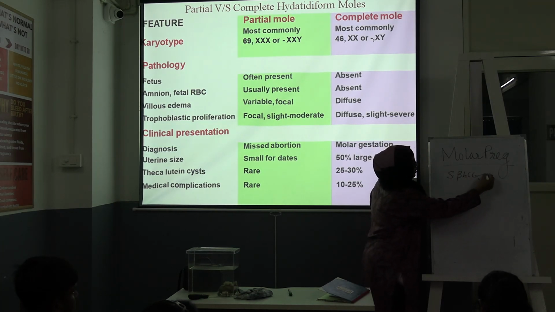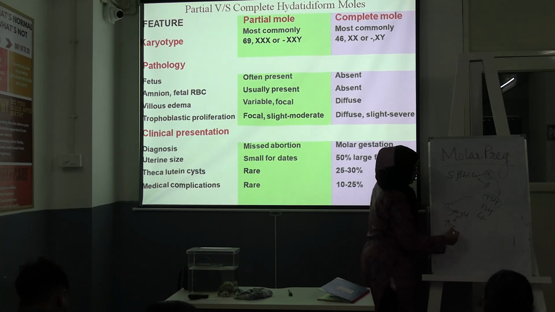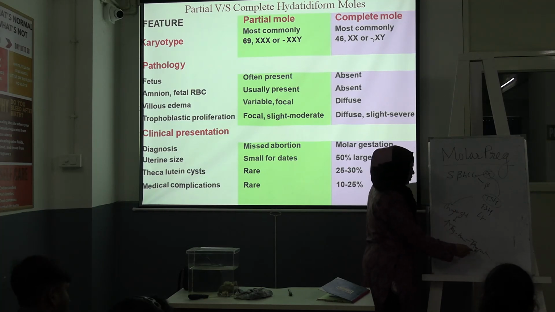Serum beta HCG has an alpha unit and a beta unit. Okay, the alpha unit is similar to the alpha unit of TSH, alpha unit of FSH and alpha unit of LH. So, when it mimics the TSH, it can stimulate the thyroid gland, and that can increase the thyroid hormone and it can cause thyrotoxicosis or hyperthyroidism. This is the cause of the hyperthyroidism.